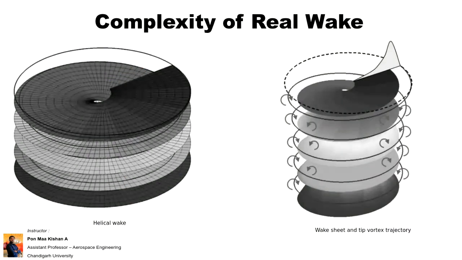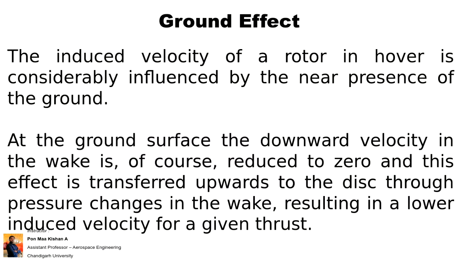Okay. So the same wake sheet and tip vortex trajectory. The path is given: how the wake, the same type of sheet, is there, and how the tip vortex is also going to get the impact. The tip is going to rotate along a circular pattern, right? So that's why they have included it here. The vortex is like a sheet, it will be coming down. I also have a video, which I will show in this lecture itself at the end.